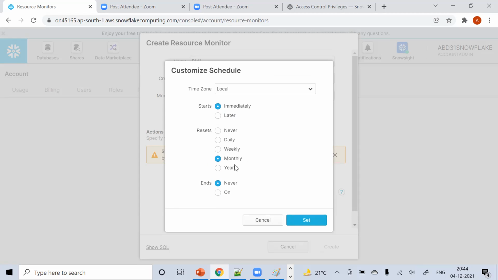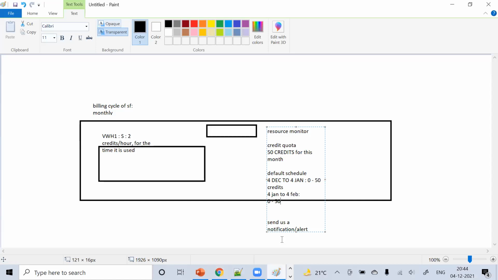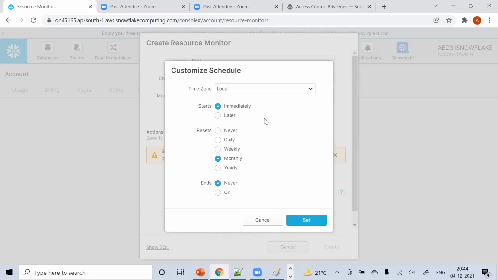And when do you want to reset the counter? In a monthly case, at the end of the month, the counter will be reset, right? So if we start today, 4 December, to 4 Jan, on 4 Jan it will again be back to 0. The counter will be reset to 0. Okay. So at what frequency do you want? This is the frequency. So there is never,